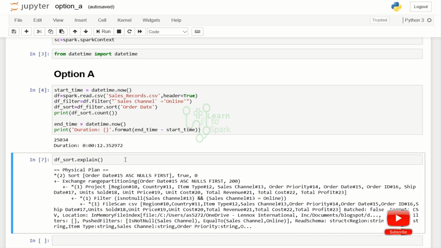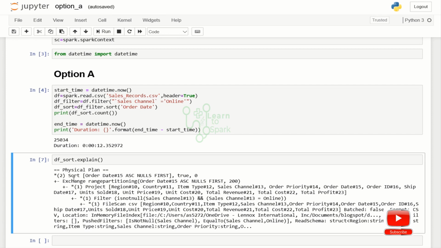For option A and option B, there is no change in the execution plan. It will first scan the file and then filter the data. Since there is filter pushdown, even with both sorting and filter operations, the filter comes first and then the sorting.